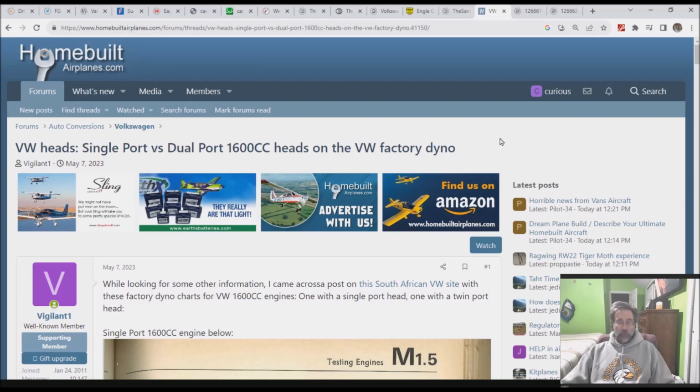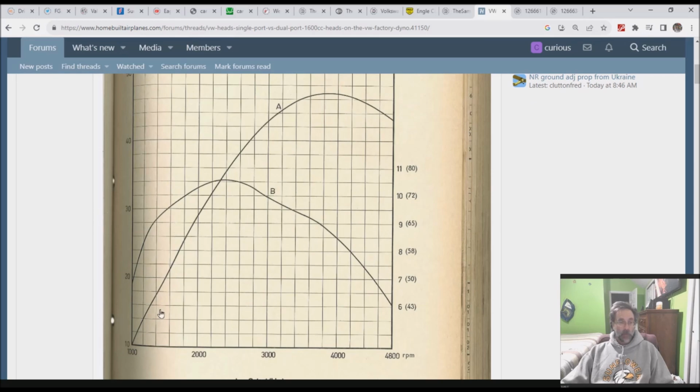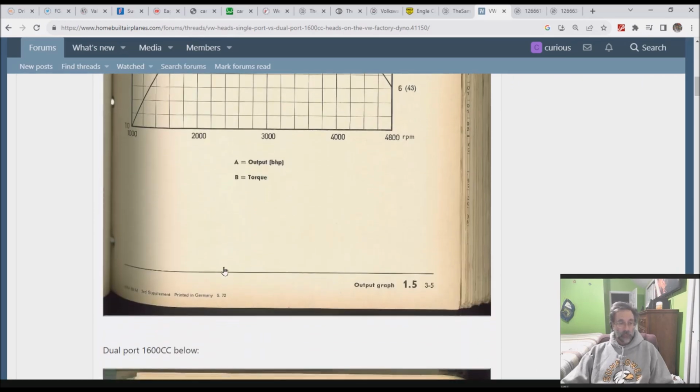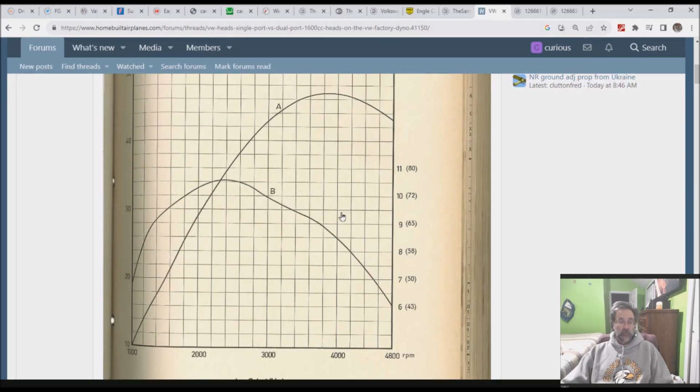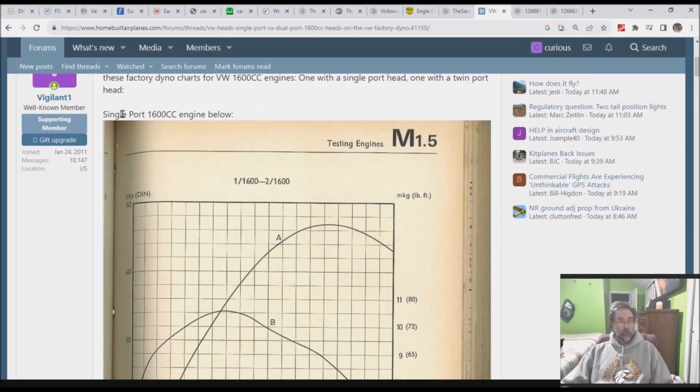This takes a bit of digging around. You can go and find articles in Road and Track or Car and Driver from whatever the vintage is that you're interested in. But this is particularly interesting. Home-built airplanes. There's a guy over here, right there, Vigilant One. He's gone out and found himself a manual from Volkswagen that has the horsepower and torque curves in it. And if you read down in here, it says printed in Germany. Anyway, this is from the factory. So they've gone out and done, as he says right up in here, it says single port